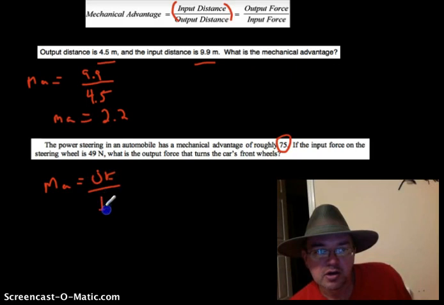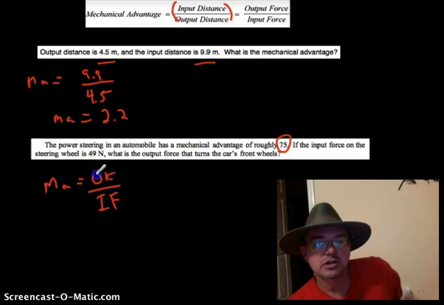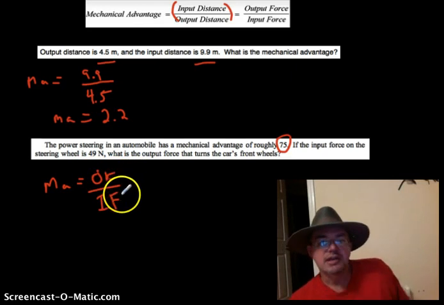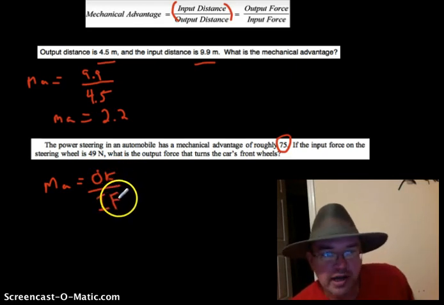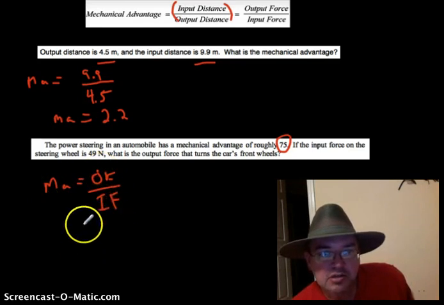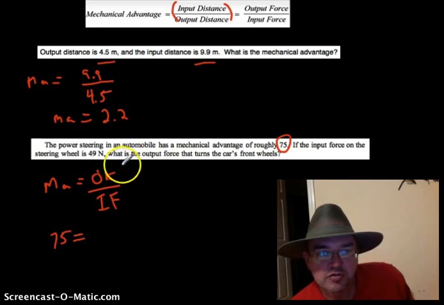I'll abbreviate it OF over IF. Sounds like we're talking about conjunctions here. But anyway, we have the output force. So we're wanting input force to be what we're going to have. You know, this one might be best to plug the numbers in. So mechanical advantage is looking like 75. Wow, that's quite a mechanical advantage right there. Equals, output force looks like it is 49